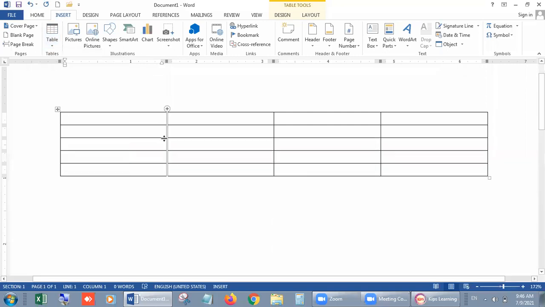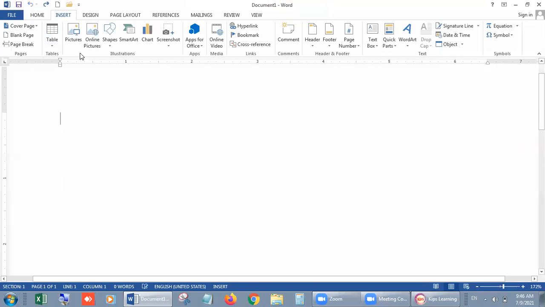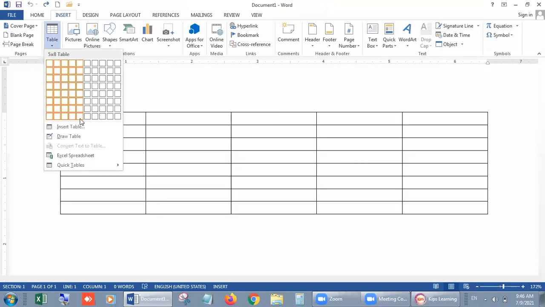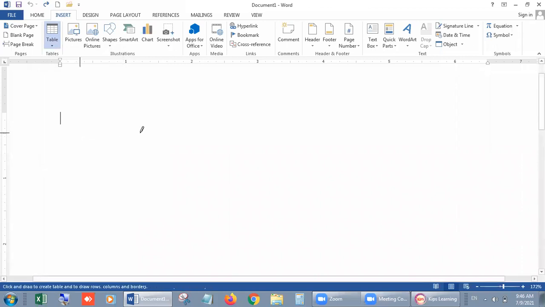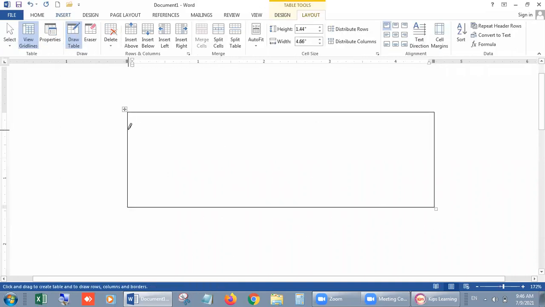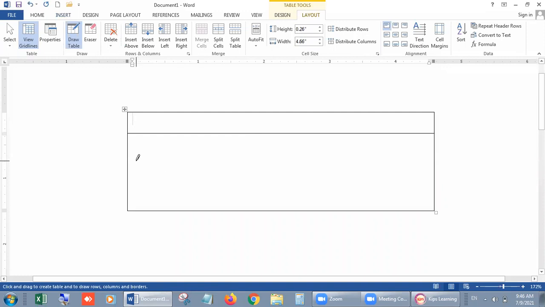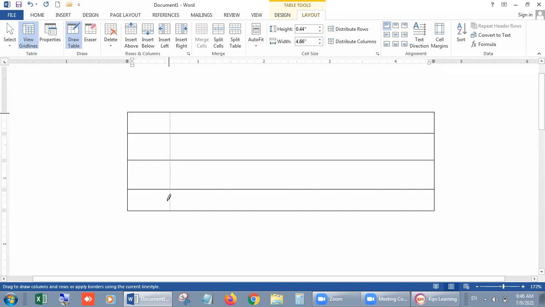When you make some practice of it, you can draw it very well. Next option is Draw Table. You can draw a table by your mouse also, right? Click on it, then you will have a pen, as you can see on the screen. Just drag your pen. Again, 1 line, again 2 line, 3 line. Now columns, 1 column, 2 column, 3 columns, 4 and 5. Now we have 5 columns, right?